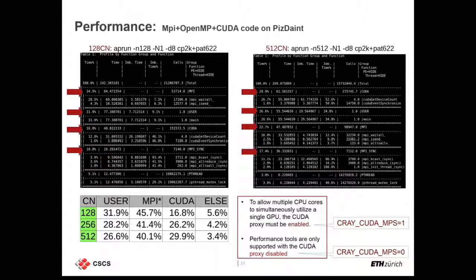So if you look at the summary table here, while the percentage of communication remains relatively stable with the number of compute nodes, the time spent on the GPU in CUDA kernels seems to increase with the number of compute nodes. So that's probably why the scaling stops. Of course, we do not expect you to do a full performance analysis of your code for a proposal, but this kind of information and data is still important to us, and it will allow us to have a better understanding of the performance of your code on the system.